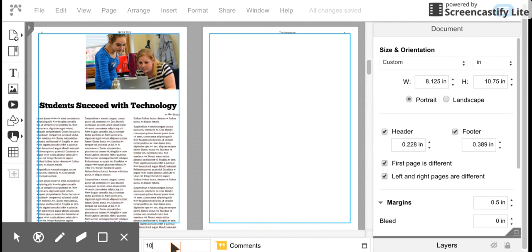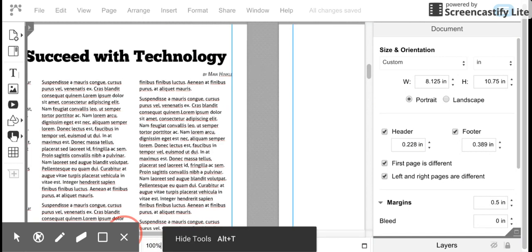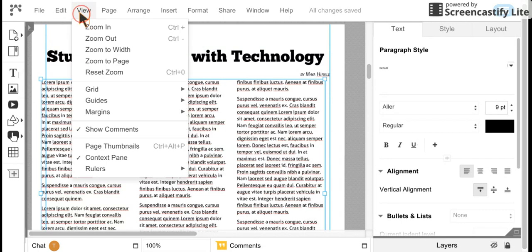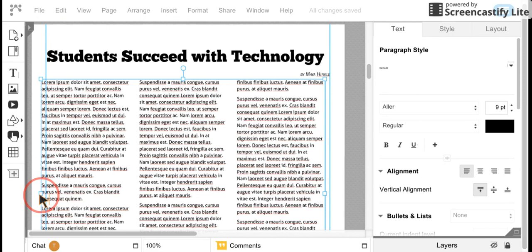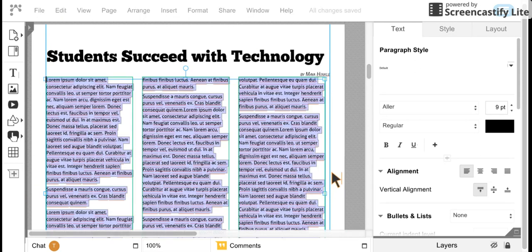So zoom in to make this a little bit easier to see. We typically work in two-page layouts. You want to make sure that under View you're in the Show Margin mode, so you see those blue lines that show you where the margins go. We're going to want to snap our text exactly to the margins,